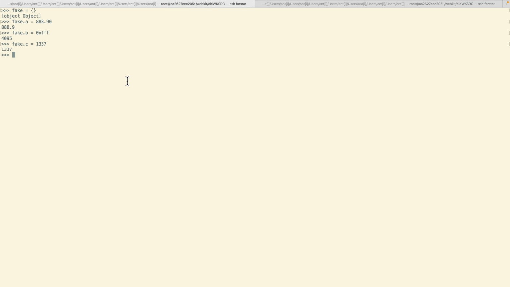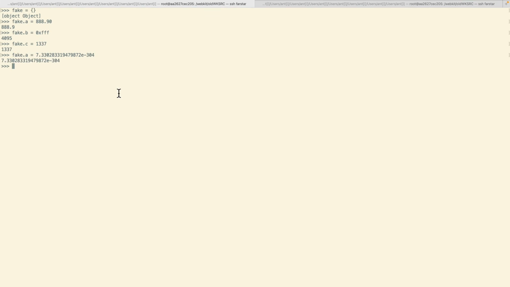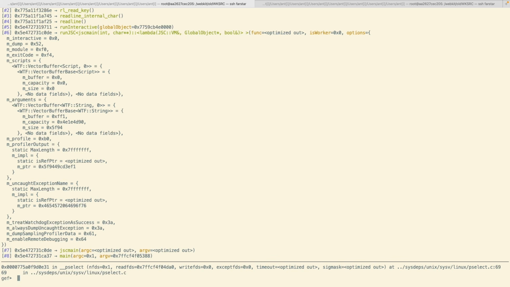Okay, so according to the explanation, fake.a now should hold in hexadecimal this value. Look at it, 0x010016. Okay, so now if I actually do a quick describe of fake, the reason why I'm doing this is that I explained to you that the JavaScript interpreter uses an unencoding, which means not a number encoding, and it has some quirks when it's dealing with doubles. So if I stop and actually try to look at the memory here,